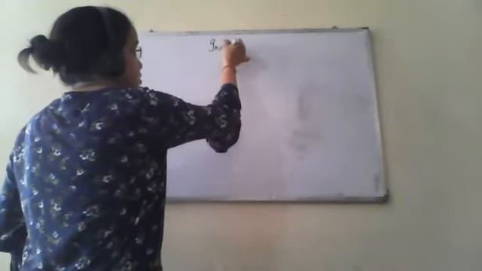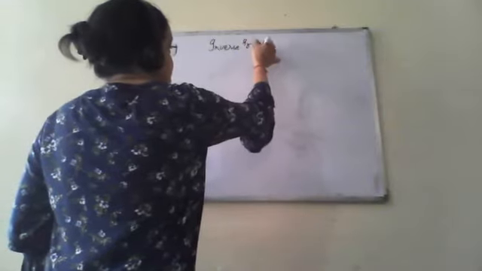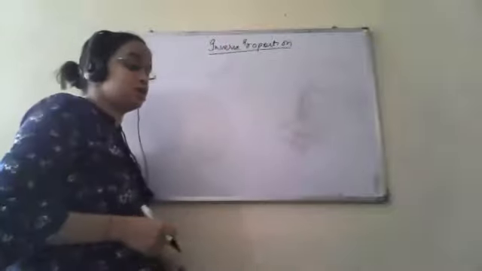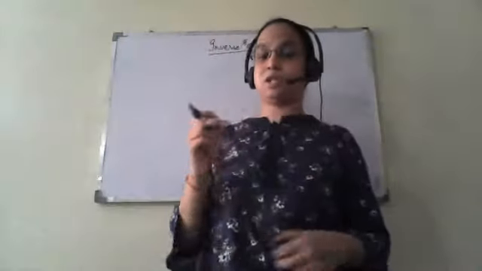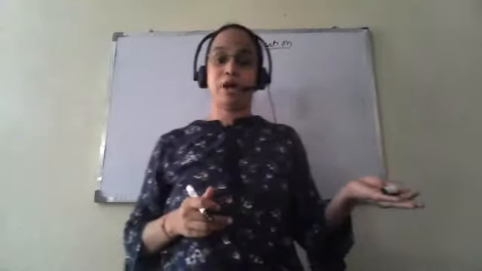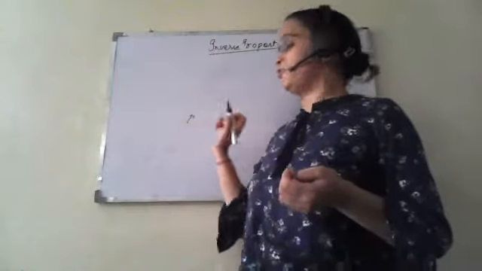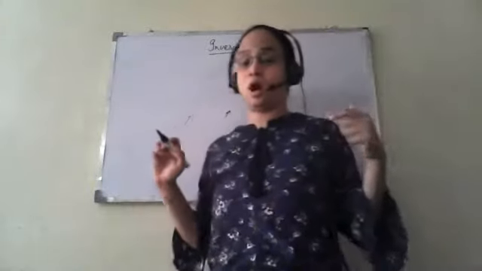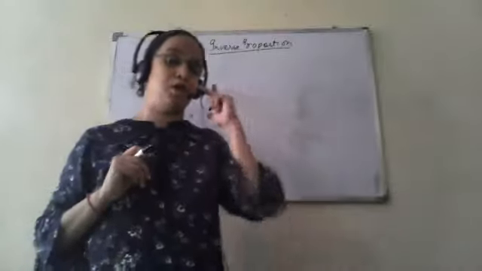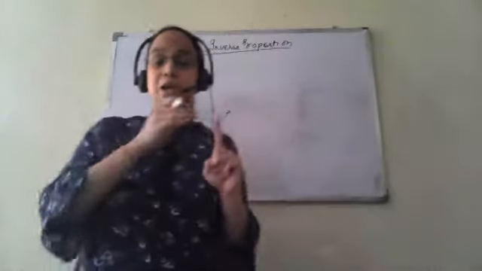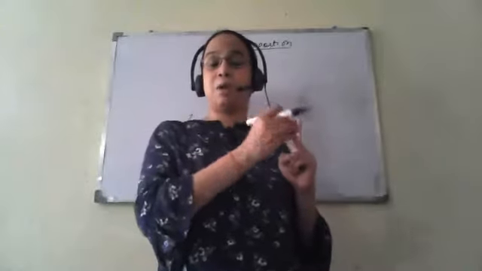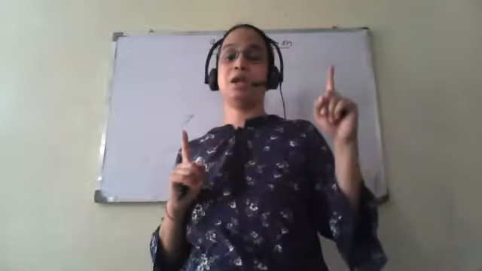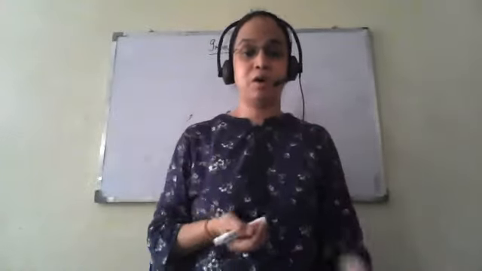or what is inverse variation. So as the name indicates, inverse proportion. In case of direct proportion, you have studied that if the value of one variable was increasing, the value of the second variable was also increasing. Now what happens in case of inverse proportion? It means if the value of one parameter is increasing, then the second parameter which is dependent on the first parameter will decrease. One will increase and one will decrease. So this is inverse variation.